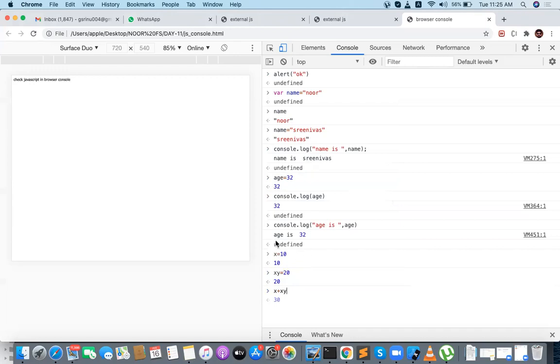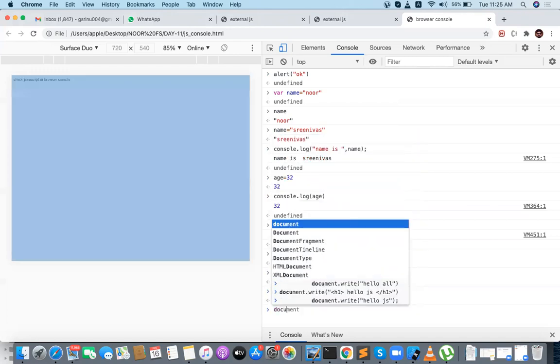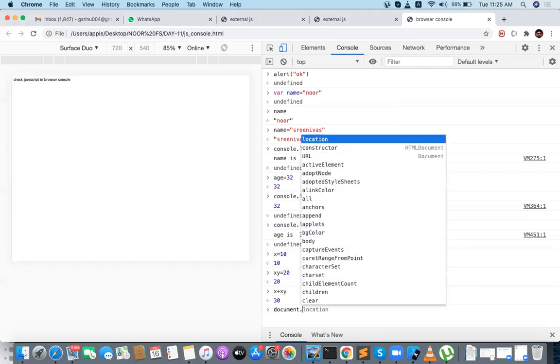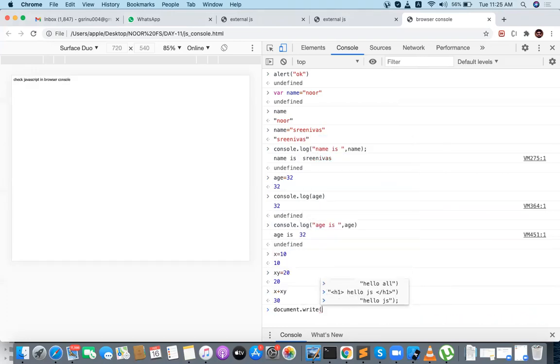Okay, so this is the way you can write your JavaScript code. For example, I want to write something with document.write. I'm accessing document first. Document.write, on top of the document, I want to paste something. It's just for practice, right? This is only for practice. I will tell you why this console is important. Because whenever you have some error, this console will give you the proper output here. Okay, I will show.